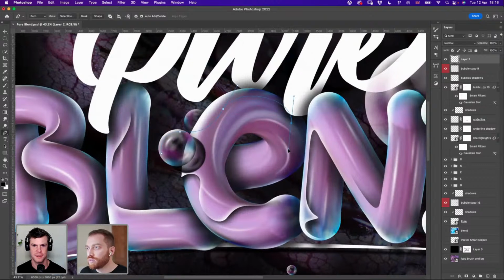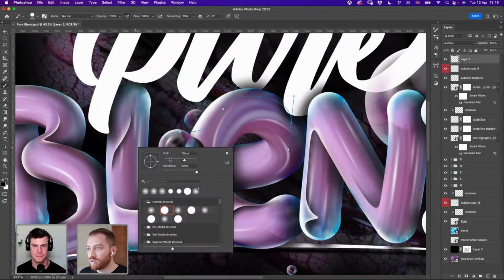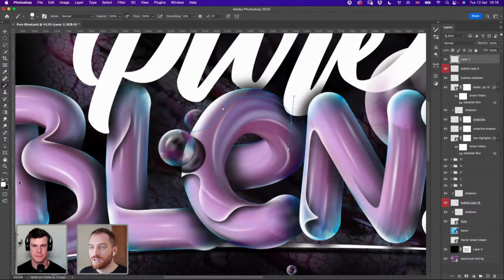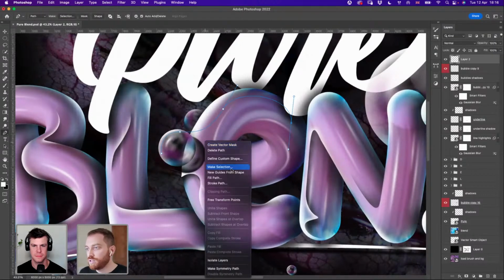Yeah, so what I'm going to do, let's see how this will be. I'm going to make it based on the settings of the brush. So a hard brush, and the size is fine. White. And let's see how this will be.